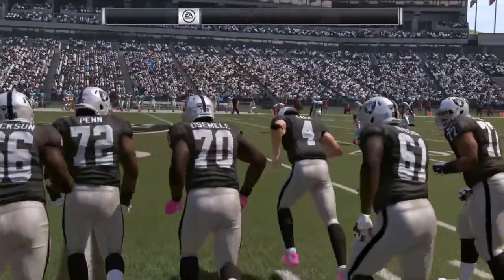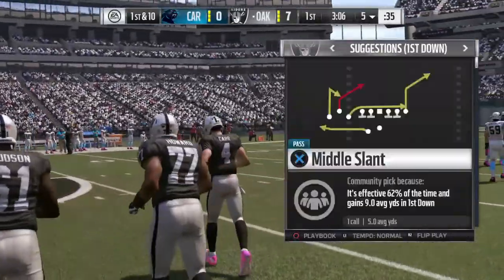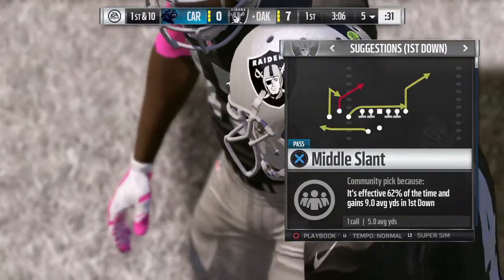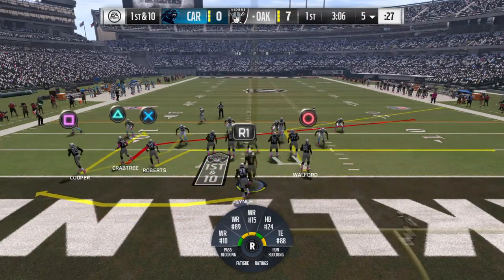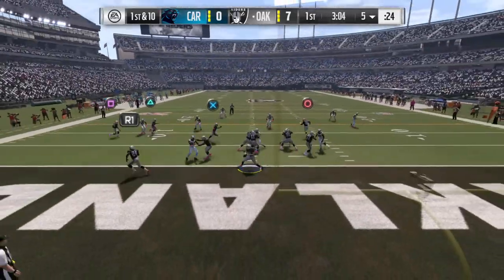The Raider offense now making their way toward the huddle. And they'll just simply be looking to build off the confidence of the last time out where they scored a touchdown. And confidence is powerful, isn't it? When you've scored once, you feel like you can go back out there and get it done again. Doesn't matter what the defense throws at them. They feel like they're in a groove right now, and they want to...